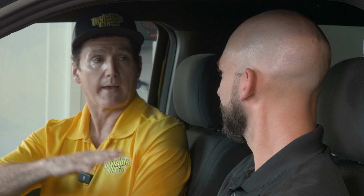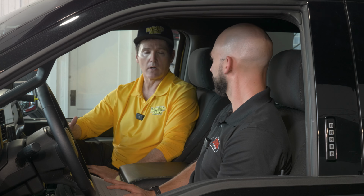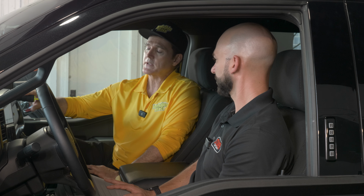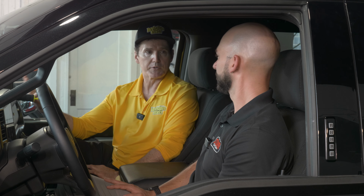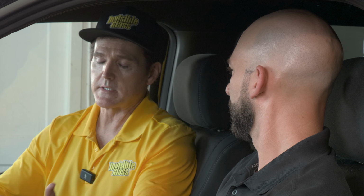I'll start with that word. The idea is to establish the standard. Like you have cars, high-end Mercedes, there are certain standards, right? And that's what this is. This is the gold standard of windshield cleaning tools. So we have that gold standard, and then it's not hard to show,